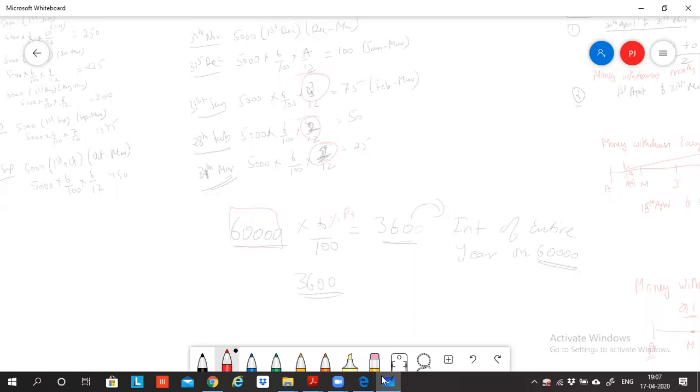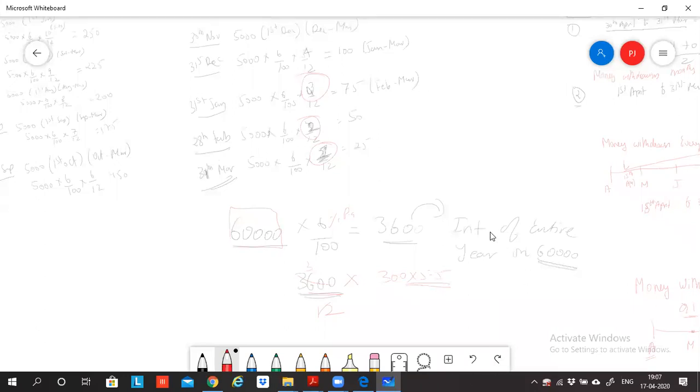So this 3,600 is the interest on 60,000 rupees for the entire year. But I have not used the 60,000 for the entire year. So I need to calculate for how many months I've utilized it. So divide by 12. This 3,600 divided by 12 will give you the interest for 1 month. So what is the answer, Kana? 3,600 divided by 12, what will be the answer? 300, sir. So this 300 rupees is the monthly interest, and on an average I have used this amount for 5 months. What I am doing now is trying to break the formula into bits and parts.